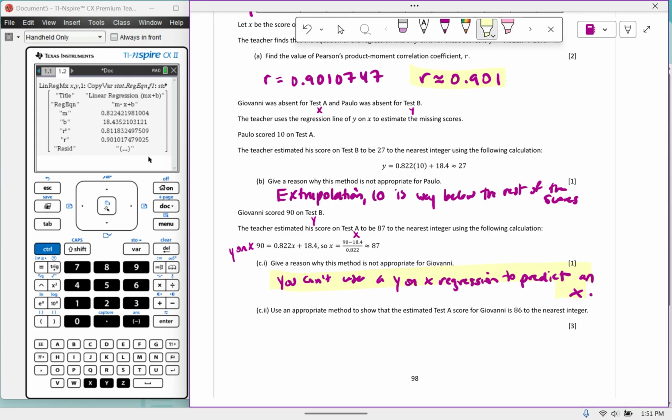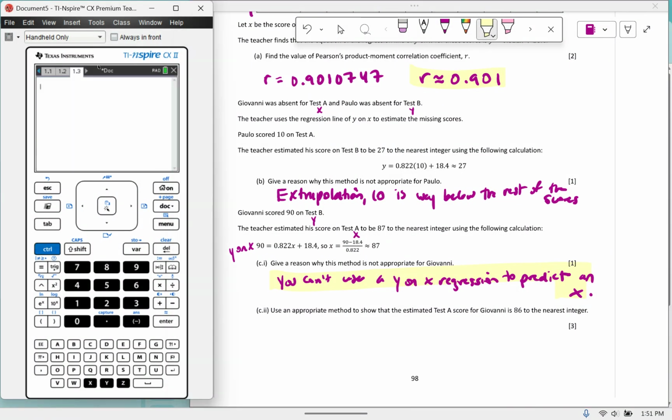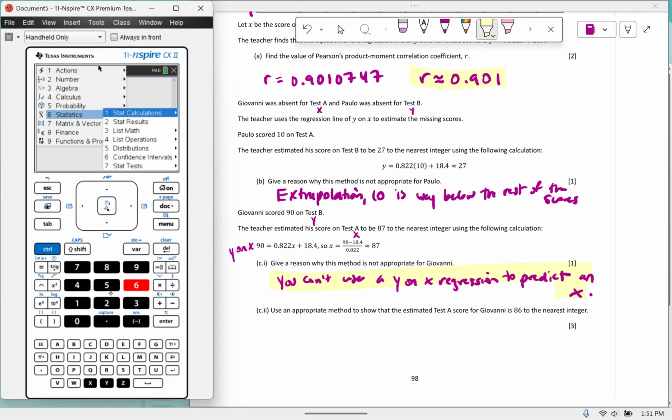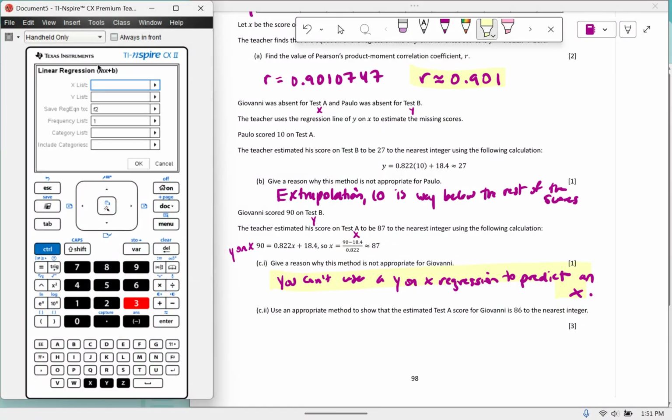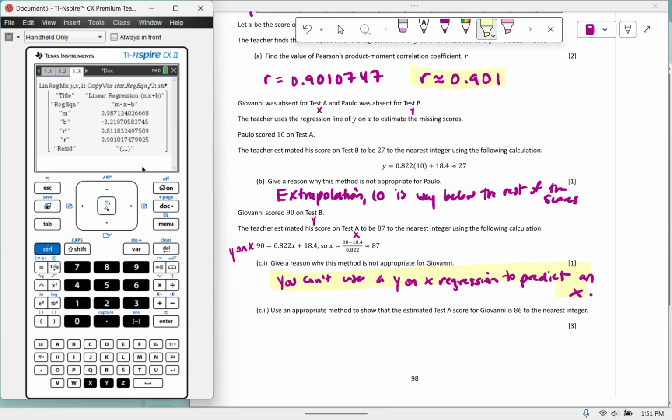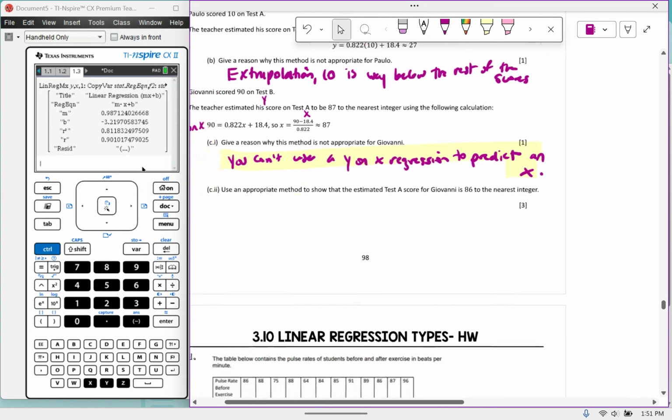Use an appropriate method to show that the estimated test A score for Giovanni is 86 to the nearest integer. Okay, so who's got an idea of what we can do here? What do you think? Yeah, right? So you can estimate an X by using X on Y. So let's go back to our stuff here, and we'll switch them. All right. So now,